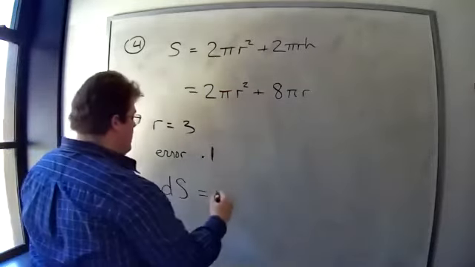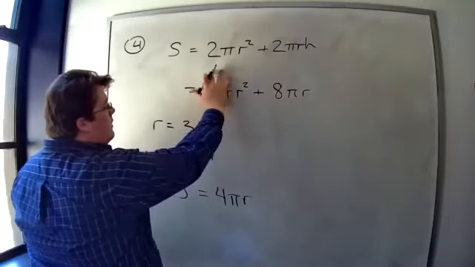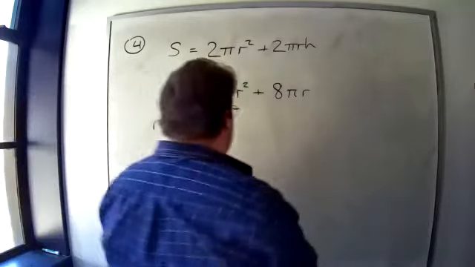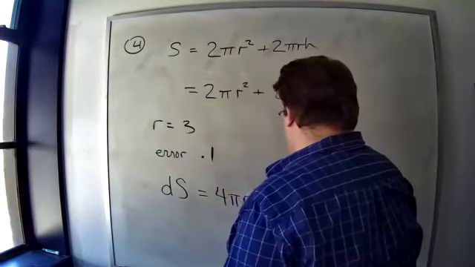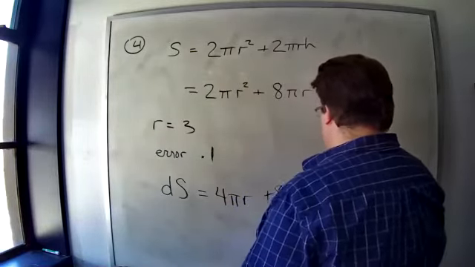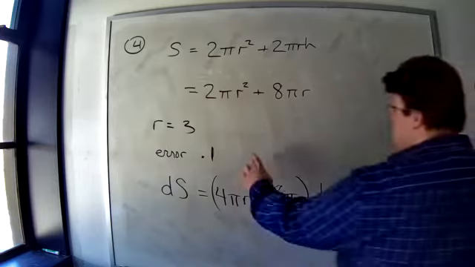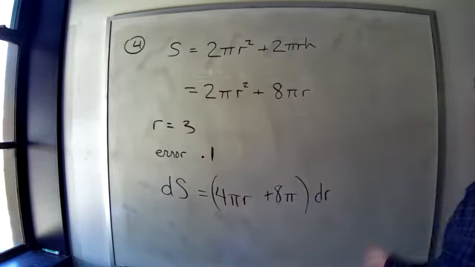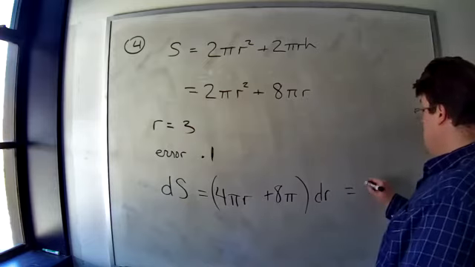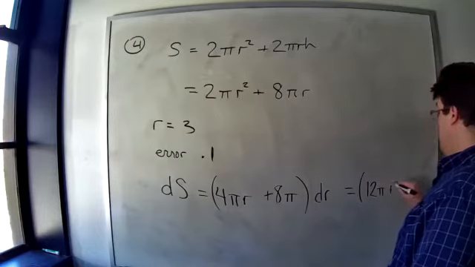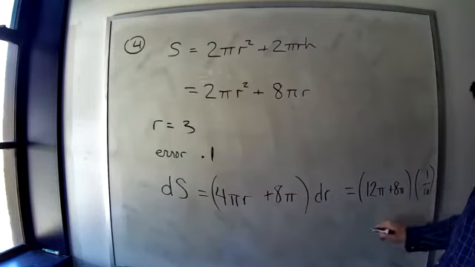And how do we do that? Well, the derivative of 2 pi r squared is 2r times 2 pi, which gives us 4 pi r. Derivative here, we have a constant times r, so the derivative of r is 1. So 4 pi r plus 8 pi, all times dr, is our differentials equation. The derivative with respect to r times the error in r. Let r equal 3. And what do you get? 12 pi plus 8 pi times the error, which is a tenth. So you get 20 pi over 10,